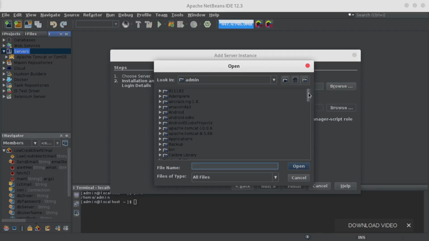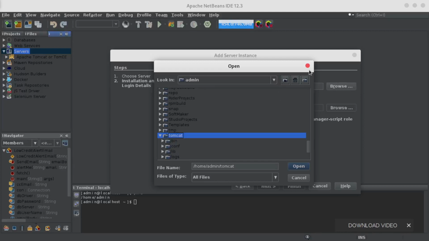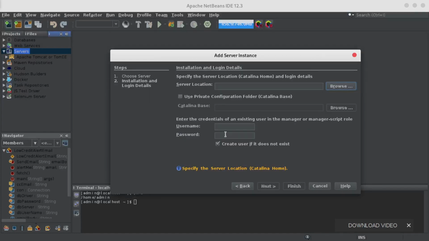You can come here, maybe mine is always in this default folder here. You can see this is my Tomcat. I can always come and select, but I won't do that because I already did it before this. But if you require me to make that video, you can always request, and I'm going to show you how to add Tomcat into your NetBeans IDE. After that it will just ask you for a username and password, and please just put a username and password that you can remember, because when Tomcat is starting, NetBeans IDE may request you for the username and password.